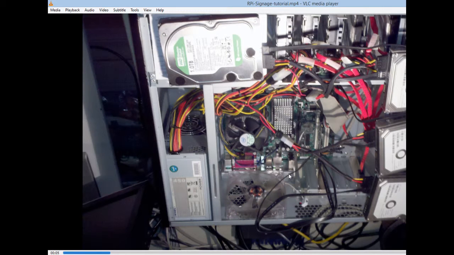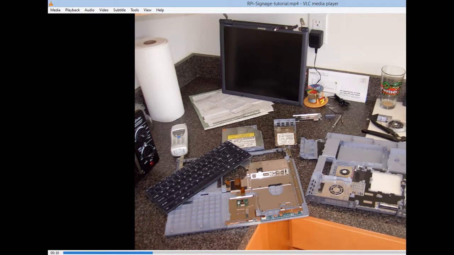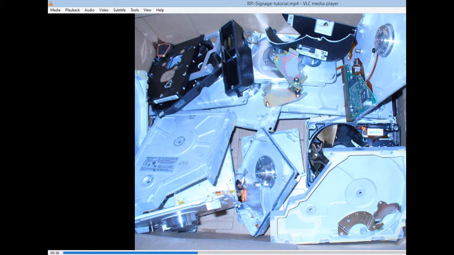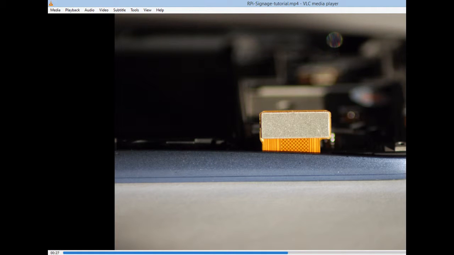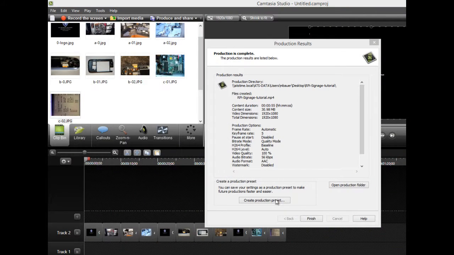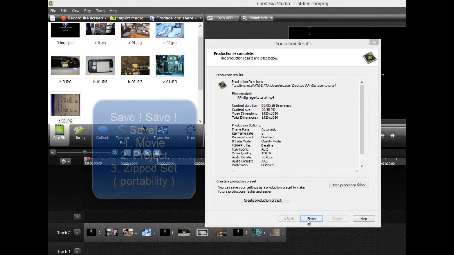So once your movie is created, you'll automatically get a window popping up showing you the content of your slideshow, and at that point you can check it to make sure it looks good, has the logos right where you want them, and make sure that everything looks good. When you go back to your program, you can actually hit finish,